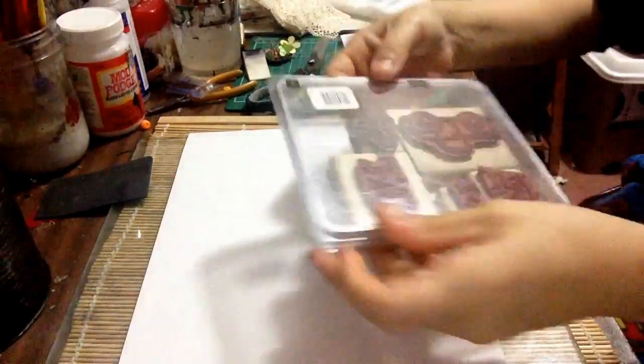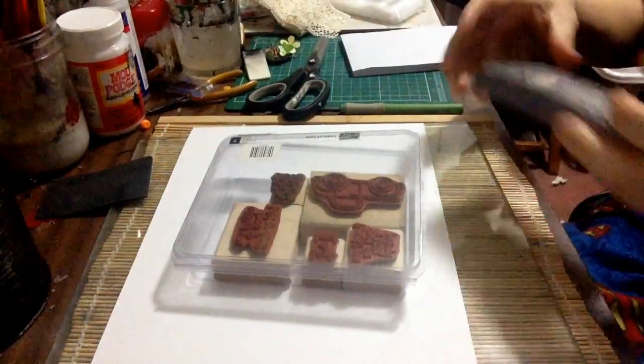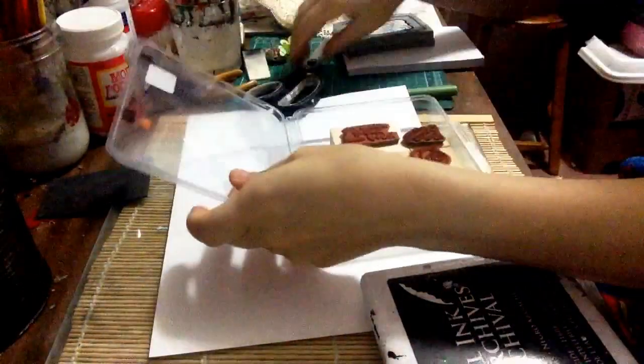I picked up the stamp set here, and I'm just going to put that on. I guess I'll use my archival ink to stamp it here. And this is kind of a Valentine theme